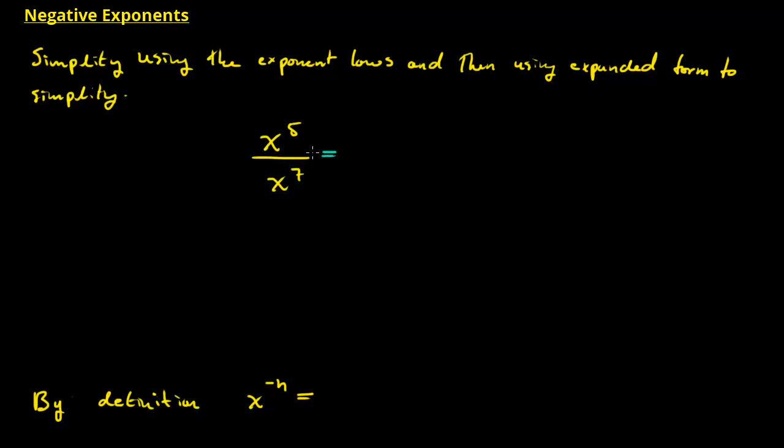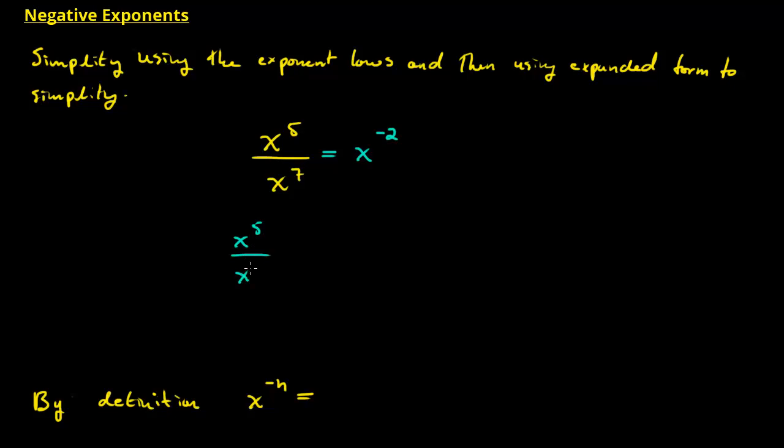Now if we use the exponent laws, we know that when we're dividing powers of the same base, we subtract their exponents. So if we have x to the power of 5 divided by x to the power of 7, well, this would be equal to x to the power of 5 minus 7, which is x to the power of negative 2. If we simplify this using expanded form, then we would have x to the power of 5